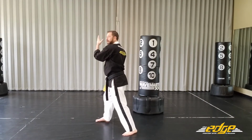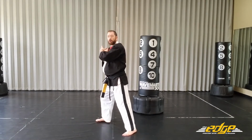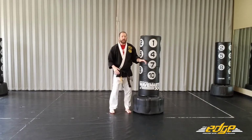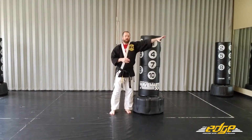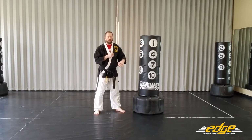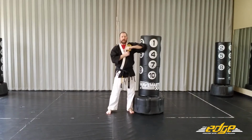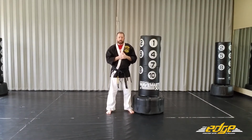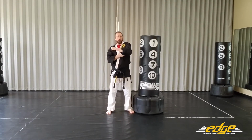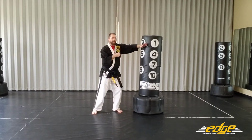step 3. Now, if we decide we're in a bad position, step 4 will be determined by the distance. If the person's close to me and I try to chop them, it won't work. If they're farther and I try to chop them, it can work, okay? If they're close, it's gonna be an elbow strike. If I feel like I'm in danger, I'm going to take this top arm and I'm going to elbow them in the nose, right? If I have more space, I'm gonna take my hand and I'm gonna chop at their